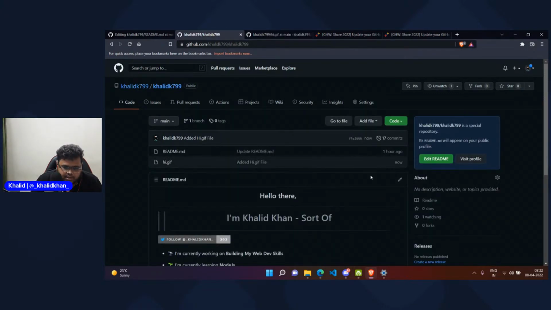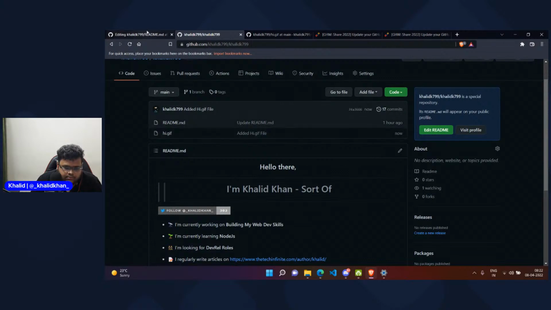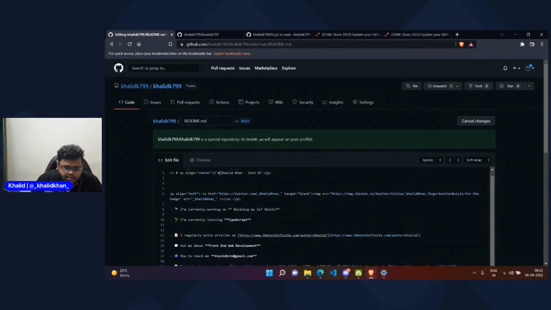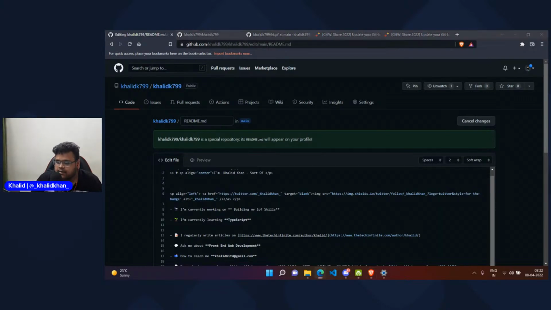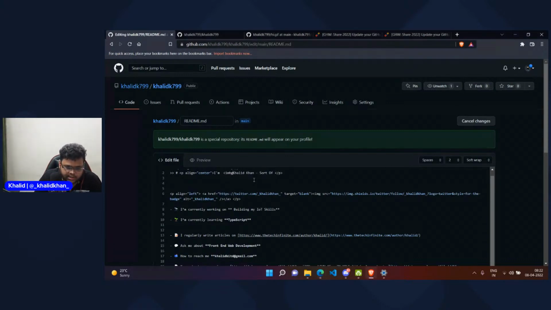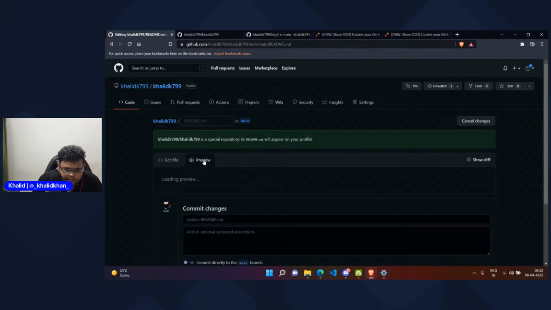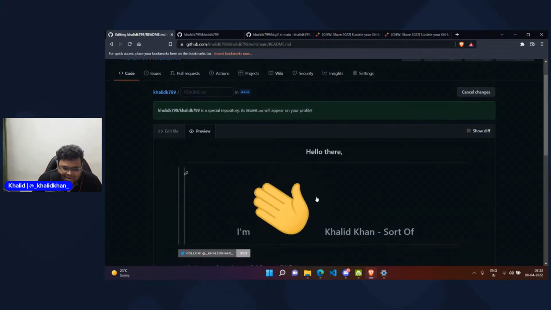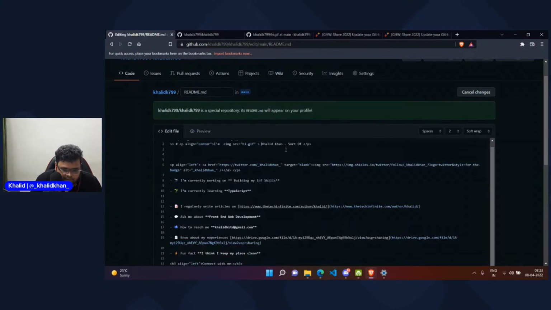So getting back to the main thing, I wanted the GIF here. You don't always need to add an image markdown, you can directly use an image tag, what we use in HTML. I'll write img src, and since it's in the main repo, I don't need to give it a path. Just write hi.gif and close it, and let us see a preview here. The preview is very big, so we need to make it smaller. Let us give it a width of 50 pixels.